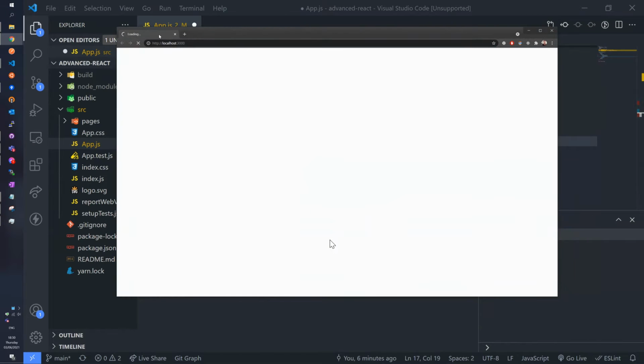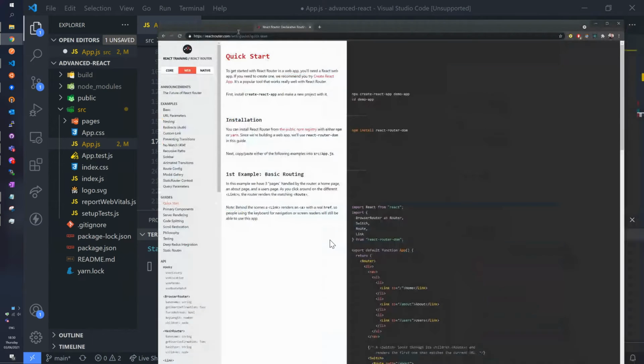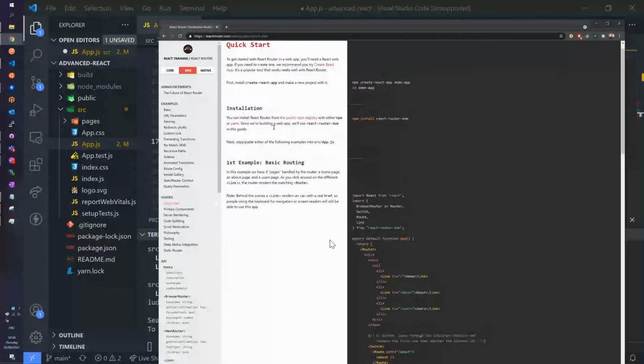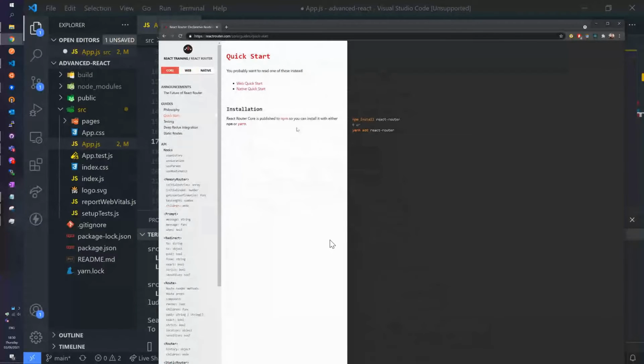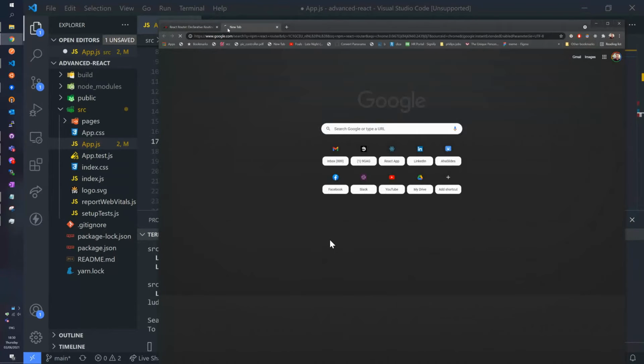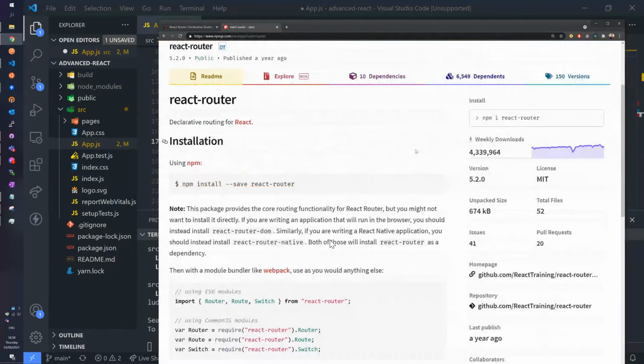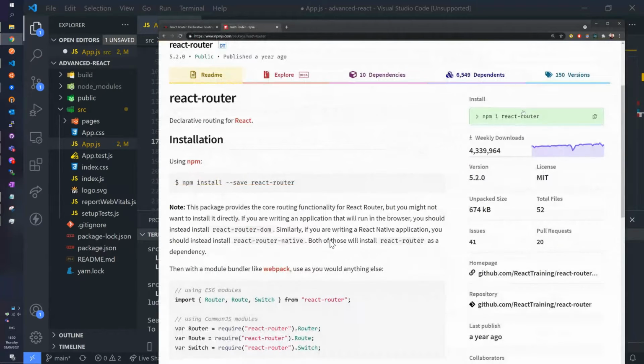Is it not npm install React router DOM? Good question. Very good question. And let's see, npm react router, because I think that might have been the, no, it seems to be like this, npm react router.